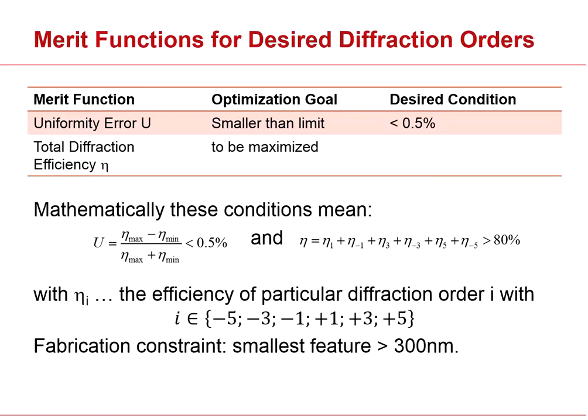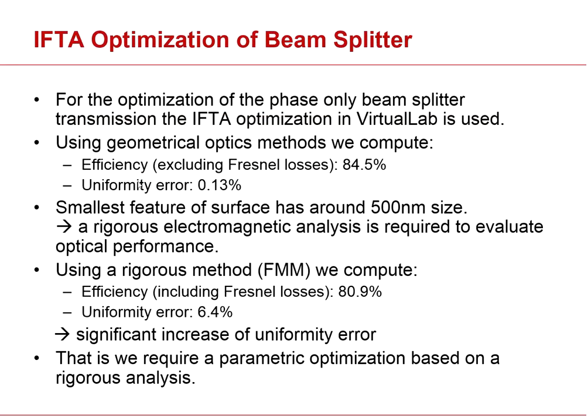So this is already our setup. And of course, we want to maximize the total diffraction efficiency. In VirtualLab, we have the IFTA optimization algorithms for the design of such beam splitters. This algorithm, the inverse Fourier transform algorithm, is based on geometrical optics methods. And we can design the beam splitter, of course, and the efficiency which has been computed here for our design